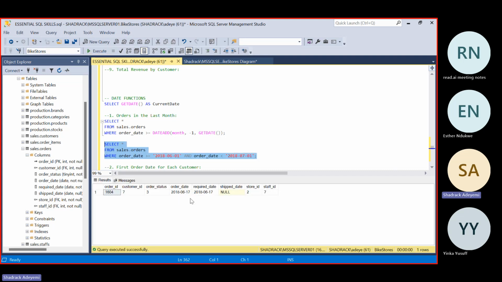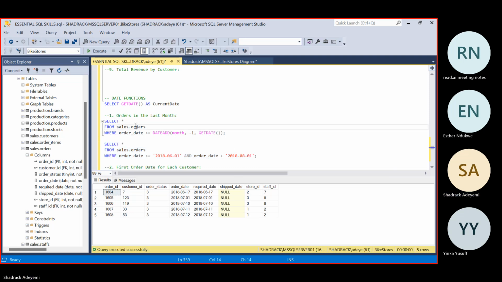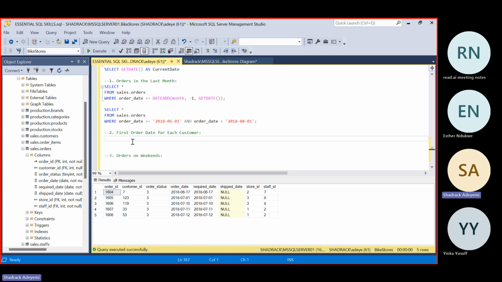All right, so this tells us that we had just one order placed between June and July of 2018. Let's assume we're in 2018. But let's increase this to maybe June and August. So I'm changing this from 07 to 08, and we can see that we have about 5 orders in that time. Again, this is just to show that you can use this with respect to your current date, and I only use this because our data set is not from recent times.